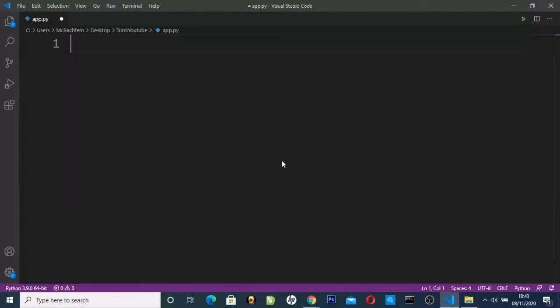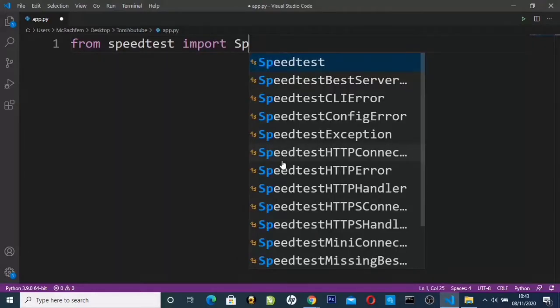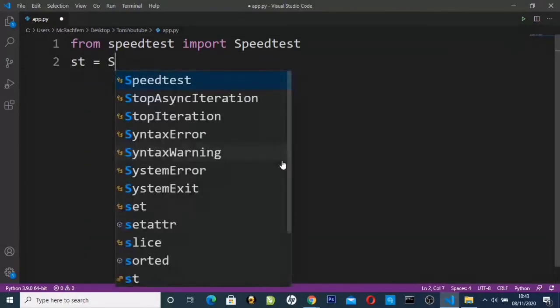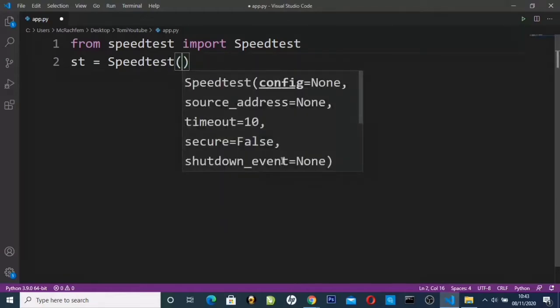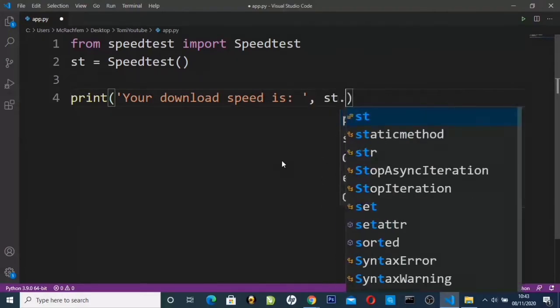And for us to do this, we're just going to import from speedtest. We're importing speedtest. And then we're going to initialize it and say st equals speedtest, like this. And then for us to just get the download speed, we can just simply use a print function. We'll say print something like your download speed is this. So let's just say a download speed. We have to say st.download,